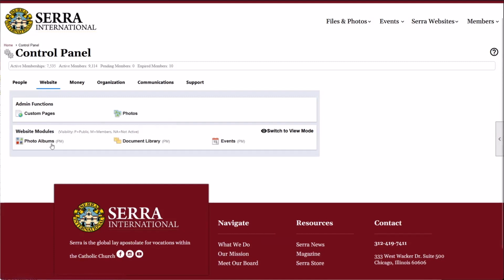We also have photos and photo albums. I won't go too deep into those today because they're fairly self-explanatory on their own. Photos is just a bulk storage place for all the photos that have been added to the website. And then photo albums, this is the module that members, even non-admin members, can go and look at to see organizations of photos. So if you have an event and you want to share pictures from that event, you can go and